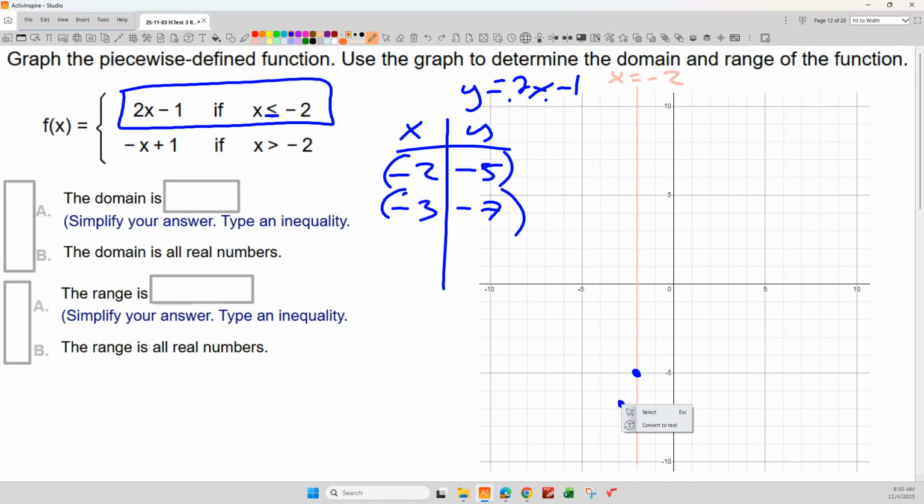And we could have also used the slope there, couldn't we? We know the slope is 2, so I could have made a slope triangle and, instead of going up 2 and over 1, I could have reversed it, gone down 2 and back 1. That would have also worked. Either way, that's our left piece. Right piece,